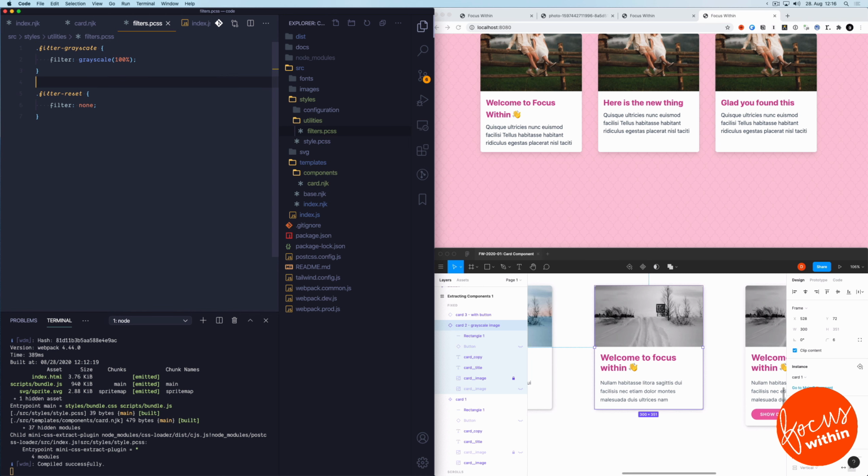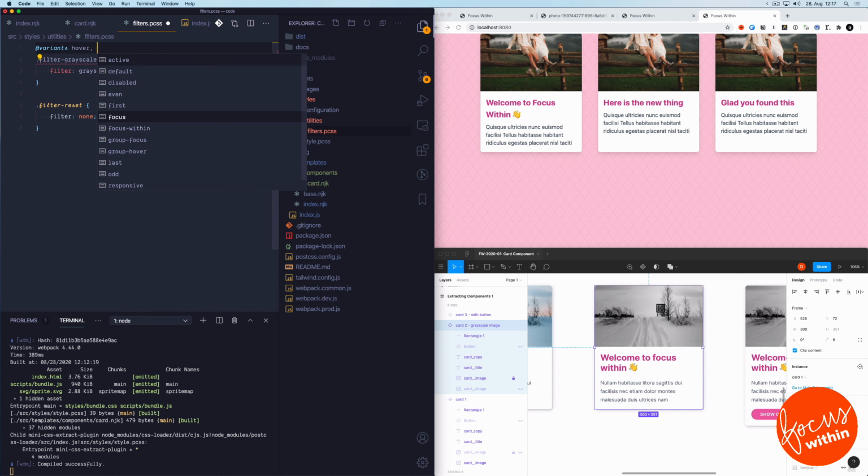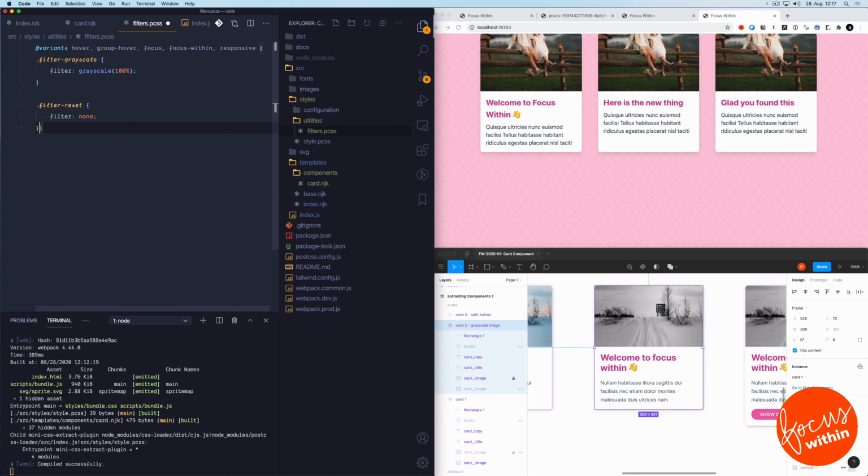This alone would be sufficient to make elements on the page black and white, but to make full use of Tailwind's PostCSS features, I'm going to use the variants directive and let Tailwind create variants of this utility for things like hover, group-hover, focus, focus-within, and responsive. What this means is we don't only get the utilities as we defined them, but Tailwind will generate classes such as hover: